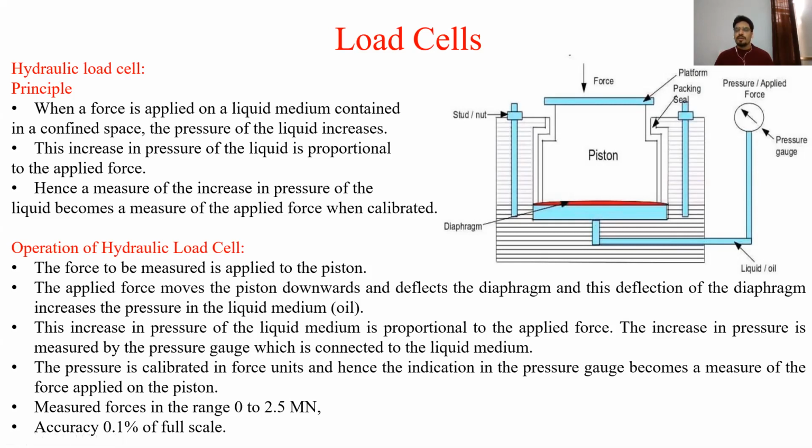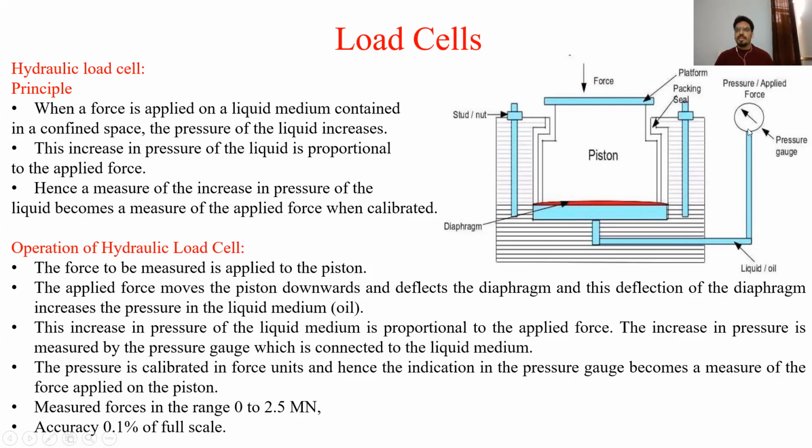So you can come to know the exact value of pressure: the initial pressure is some value which is shown by this pressure gauge, and then the final pressure after the application of this force. So the change in pressure is the final value of the pressure gauge minus the initial value of the pressure gauge. Now this area of the diaphragm is known. If we have the value of pressure and if we have the value of area, then we can easily measure this applied force.